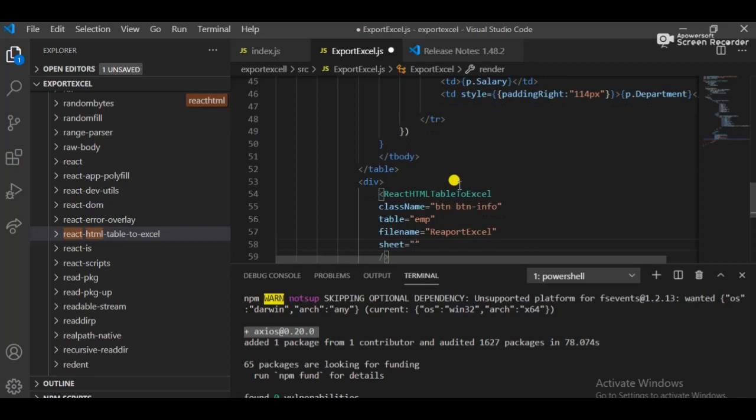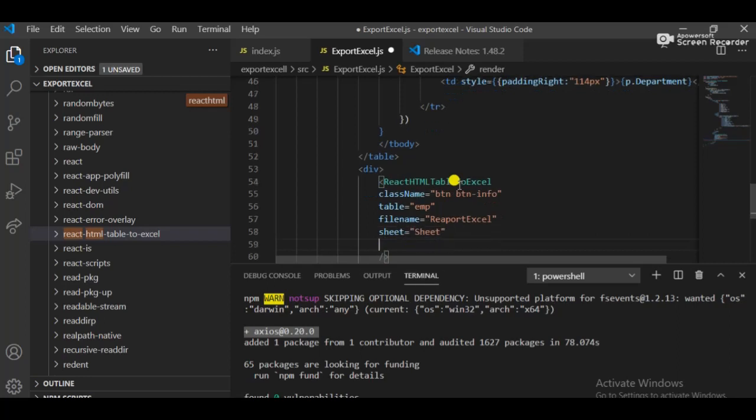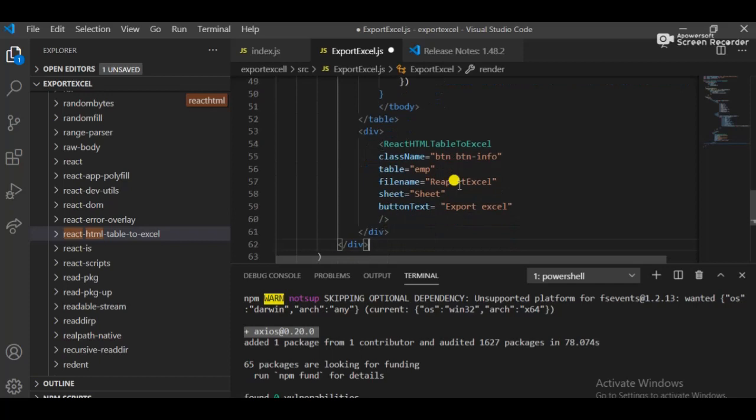So finally I did this code, and this is the Axios and the ExportExcel component, and there is a state called URL. So you just add the URL of an API, and here is a table and a React HTML table to Excel. So this is awesome, this is the export default ExportExcel.